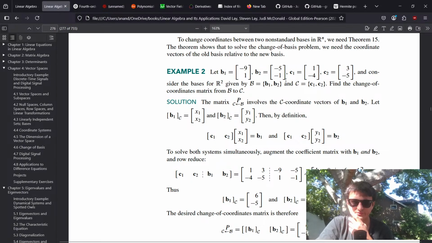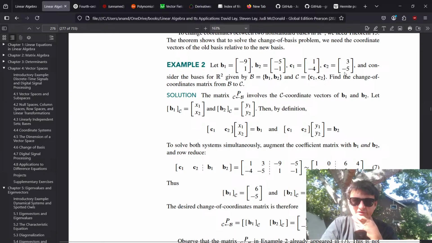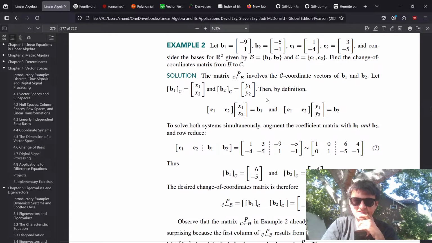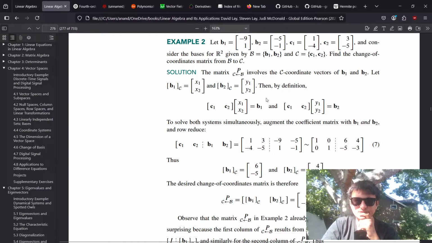So we have B1, B2, C1, C2. Consider the bases given by B1 and B2 and C1 and C2. Find the change of coordinates matrix from B to C. Okay, so it involves the C coordinate vectors of B1 and B2. So basically, we're going to be solving